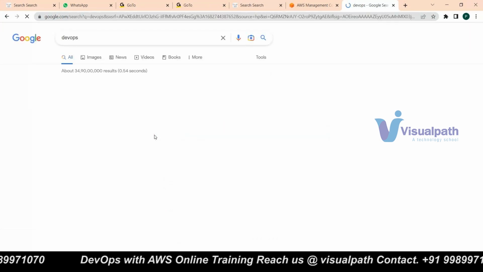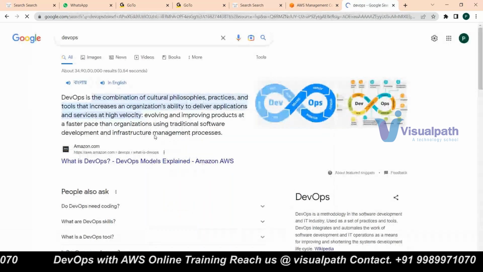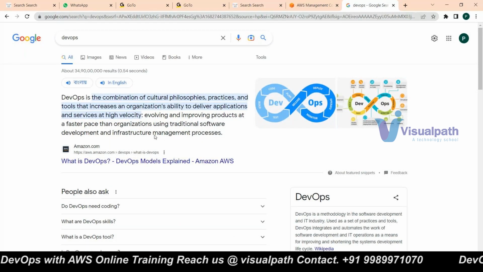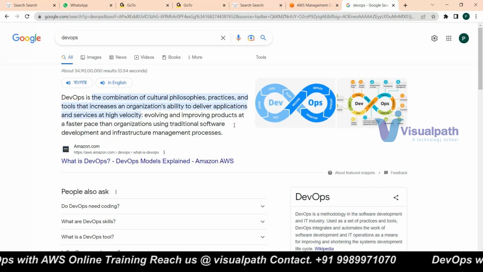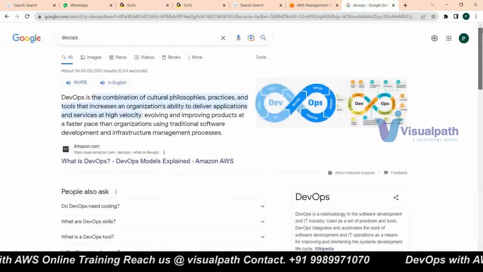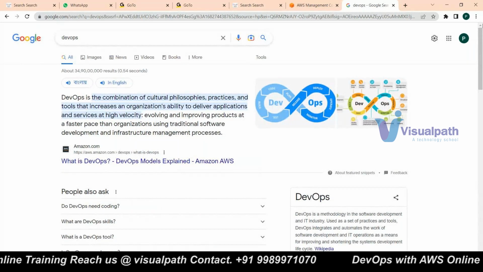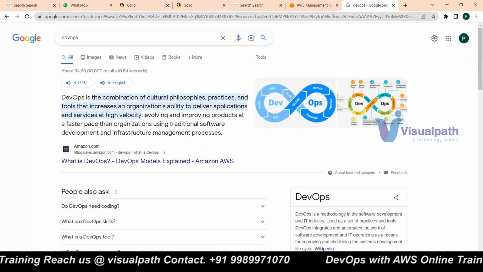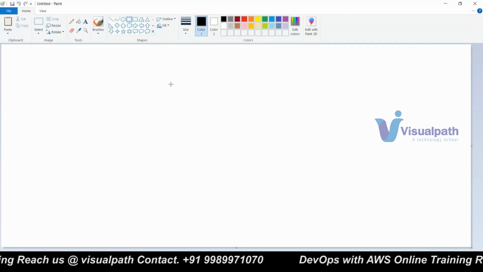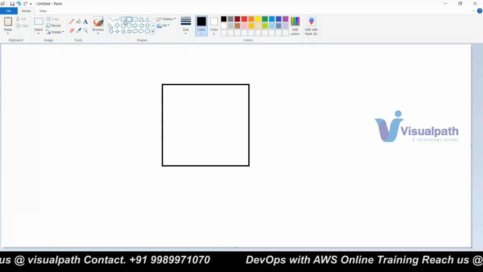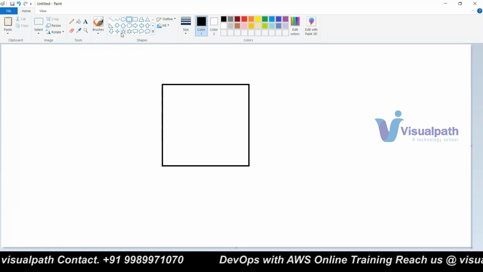So some results are coming, right? How this basically works: I type something, some reports are coming, some pages are coming, some output I can see. So how does this basically work? From the basic level, if you don't know, the idea is, suppose this is my laptop, and I'm sitting over here,